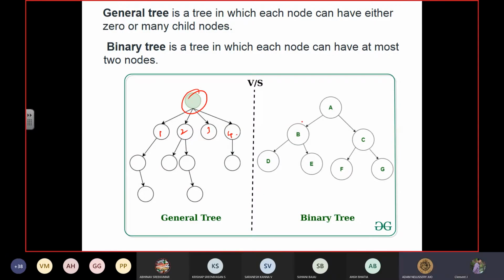Yes, sir. Okay. Yesterday I gave a confusion: as per the slide, what I observed was that only one vertex should have degree 2. That is a wrong concept. Please forget that. Sorry for that. So the correct binary tree definition is that it can have at most two nodes, that means two children.